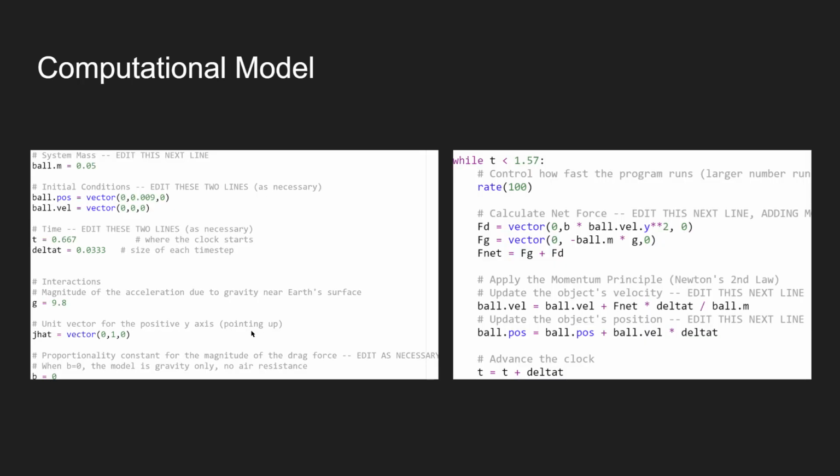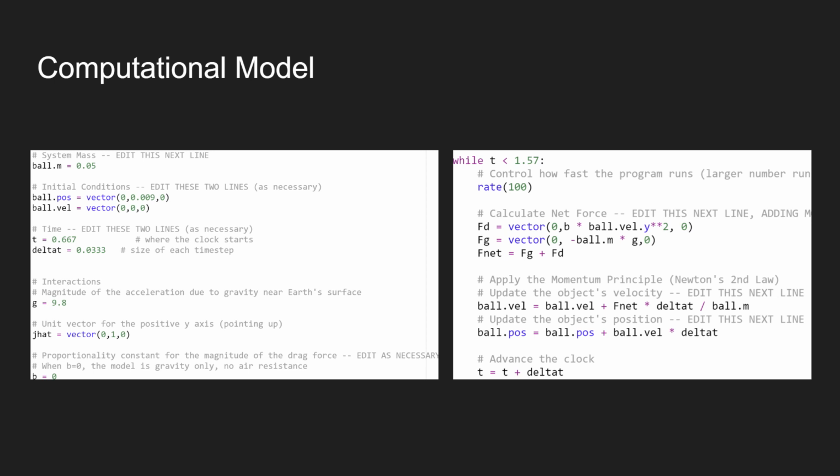For our first computational model to try and model this motion, we didn't have any drag. We did have some constants that we set, as we can see on the left. There's the mass, which was just massed from the bag. We have the initial time, which is just taken from tracker. We left out the first couple of frames just because my hand was still applying some force to the bag, most likely. We also had this initial position,